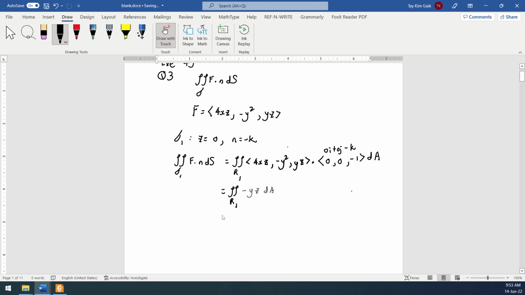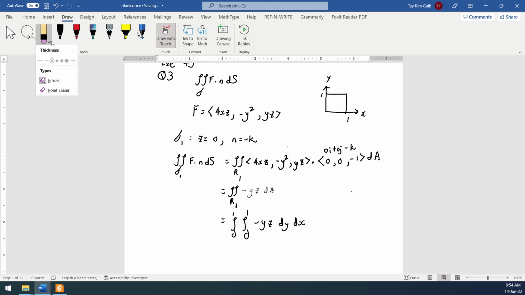On z equal to 0, dA is on the xy plane, a unit square, so you integrate from 0 to 1 and 0 to 1 of negative yz dy dx. Here there is no need to evaluate, because